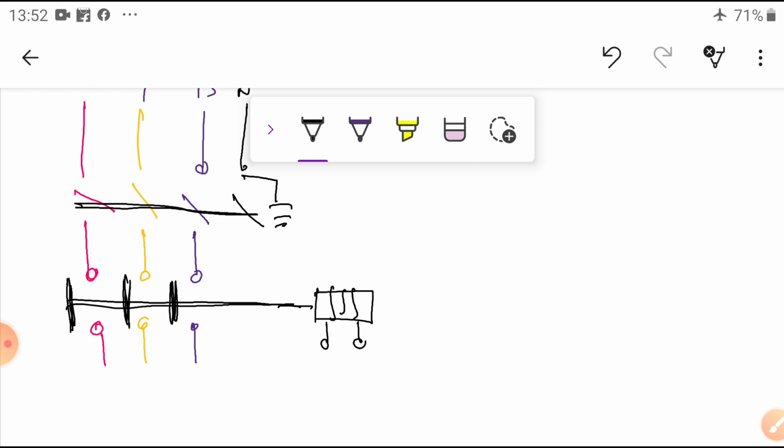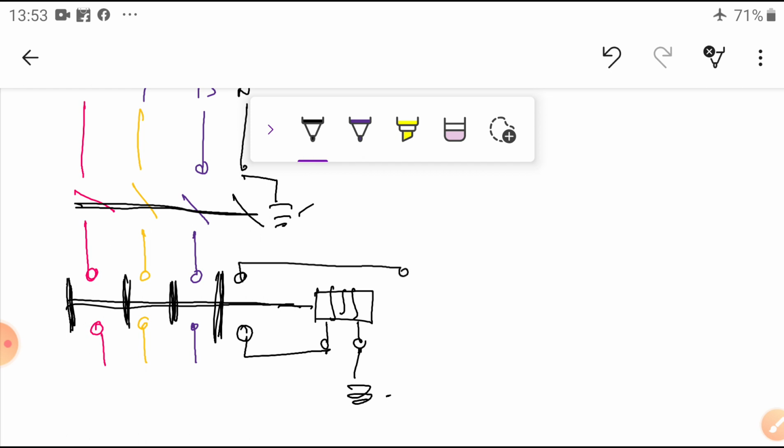Now another extra terminal is connected here, and one is connected to this one, and this is connected to the ground. Now the supply is given to this one.